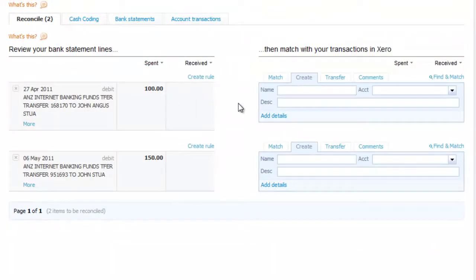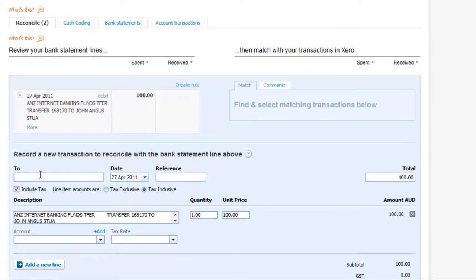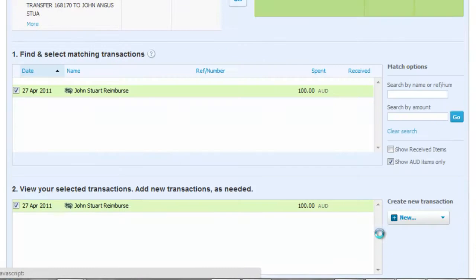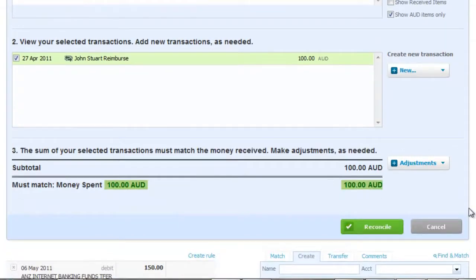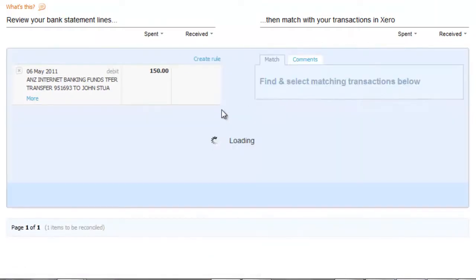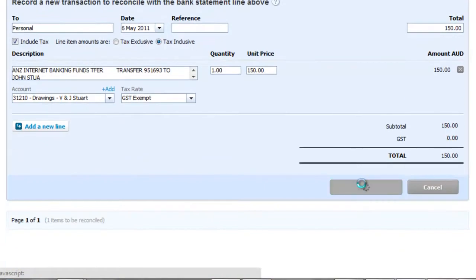I'm left with 2. Yes, I remember what that one was. That was $100 that went, and I reimbursed John again. And that was for repairs and maintenance, because he paid cash out of his own pocket again. So I just go save and reconcile, and I've got 150, and that I remember is just another personal transaction, and off it goes. Save transaction